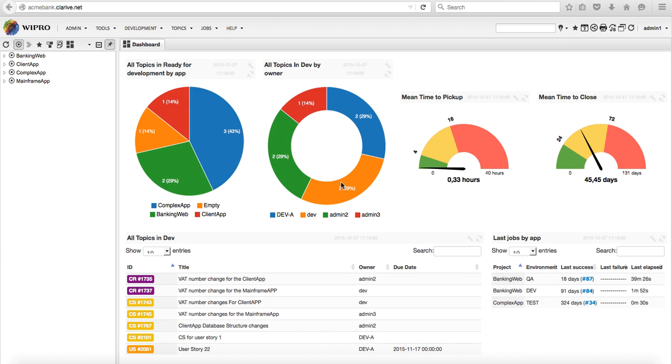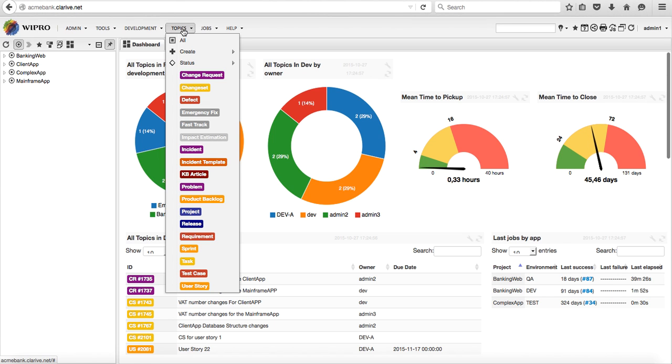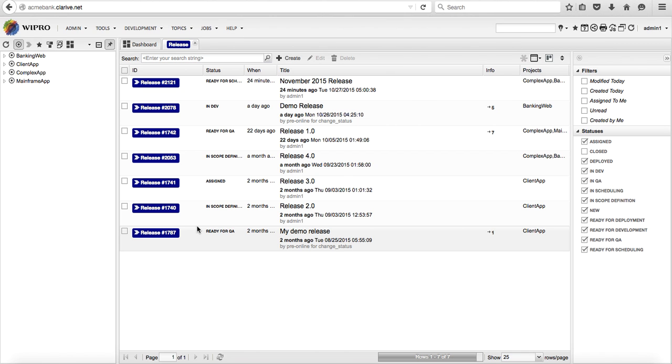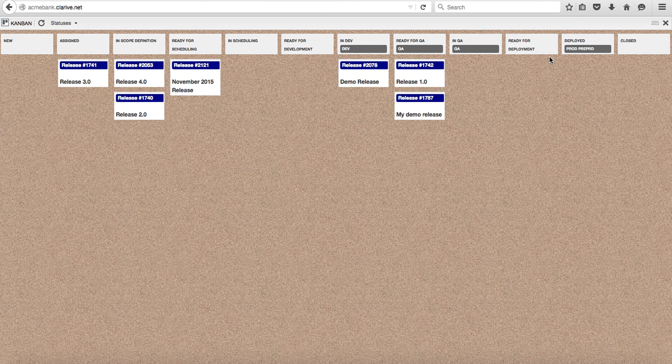This session is about release management, release planning, environment planning, release content, release deployment, and change set deployment with Clarive as a tool. Within the Clarive tool, we have what we call topic categories, and we have topic categories in the system for multiple release types. So we have here a first one, which is a release, and each of these topic categories has its own